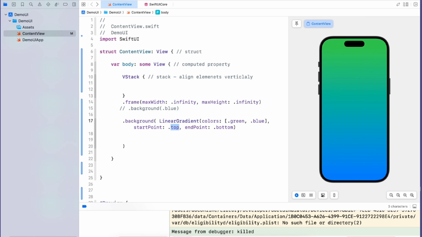But I would like to give leading and trailing. Look at here, leading, I am giving the trailing. What will happen, we'll see. Look at here, it starts here, left to right. Okay,